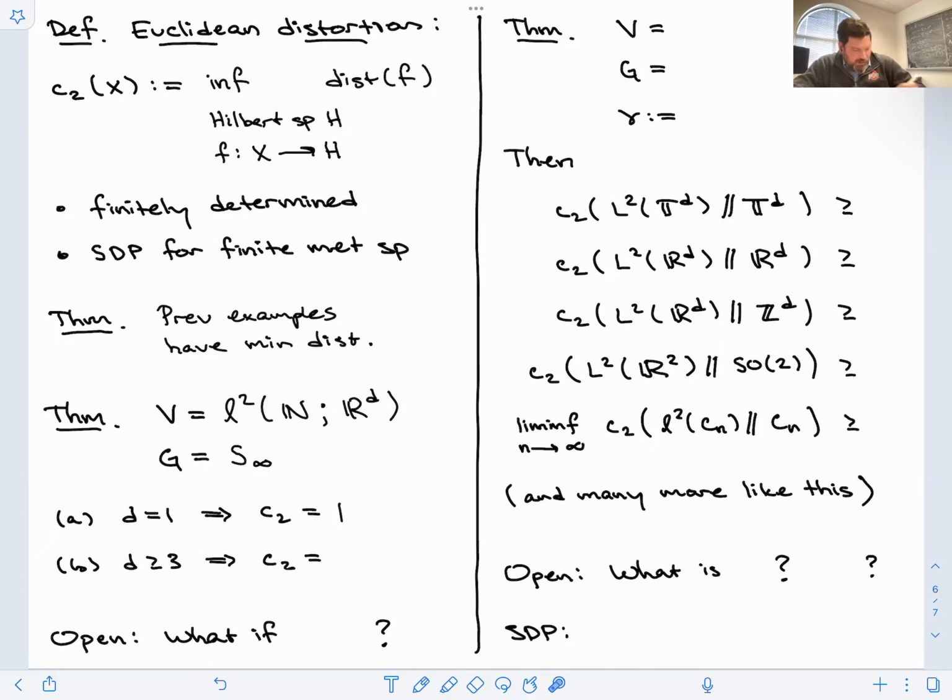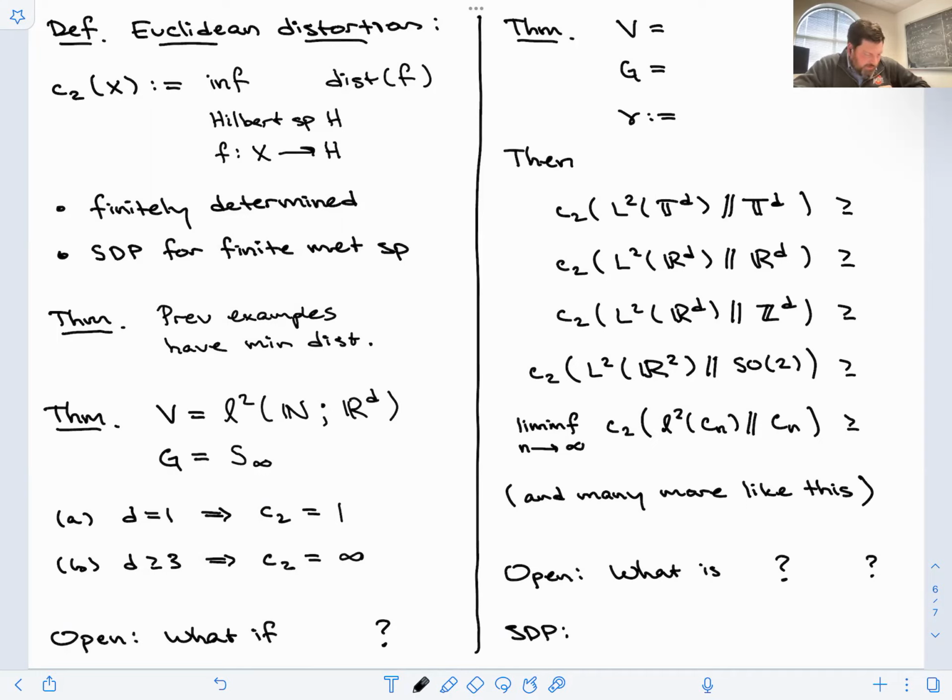So that's neat. Another neat thing is when D is at least 3, we also know the Euclidean distortion. The Euclidean distortion is similar, just kidding. It's the opposite. It's infinity. It's impossible to embed these into any Hilbert space, no matter how big. And